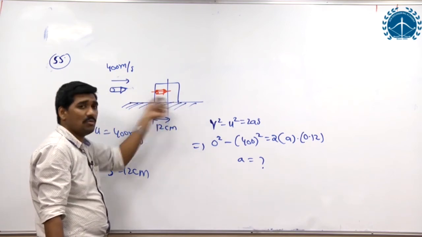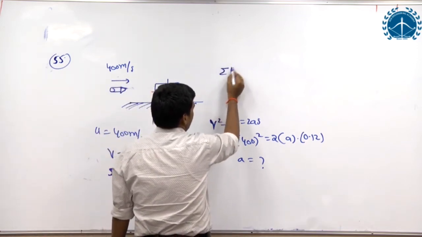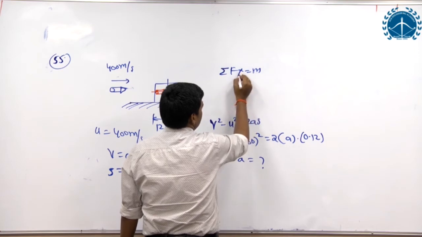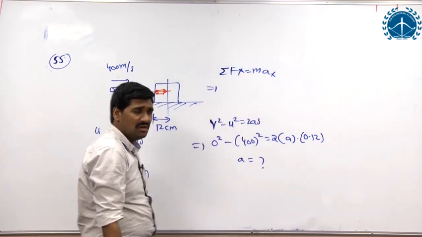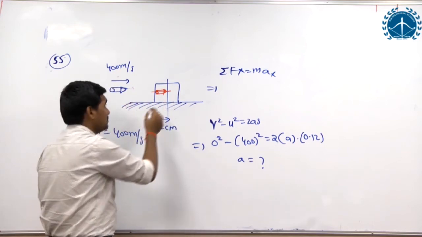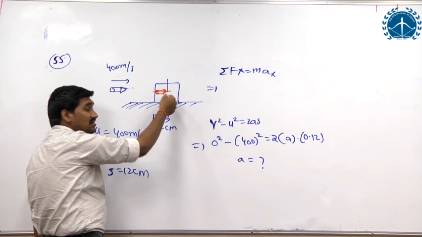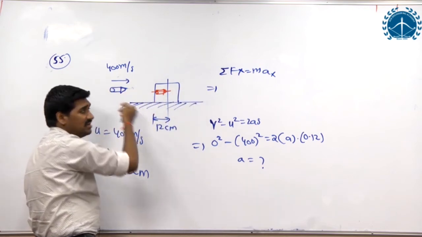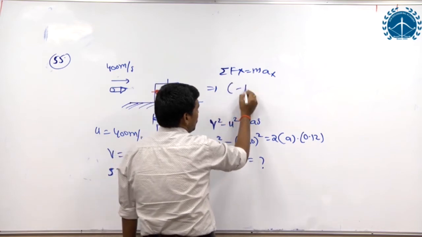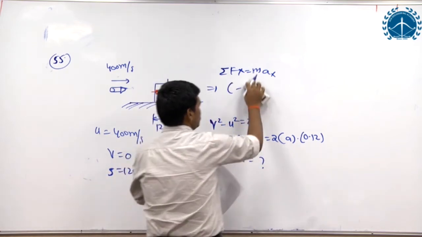To determine that force, I am taking the equation sigma Fx equal to m into ax. The bullet is moving towards the right, but the force applied by the block will be in the opposite direction, the resisting force. Therefore, minus F is equal to